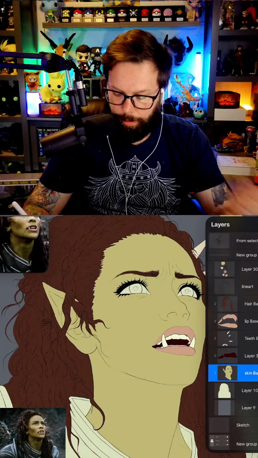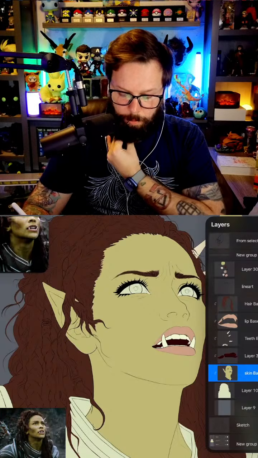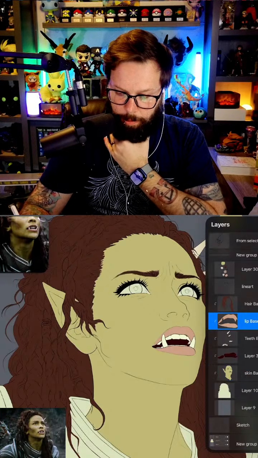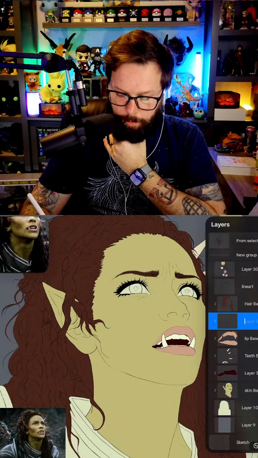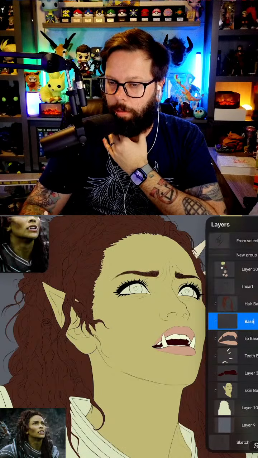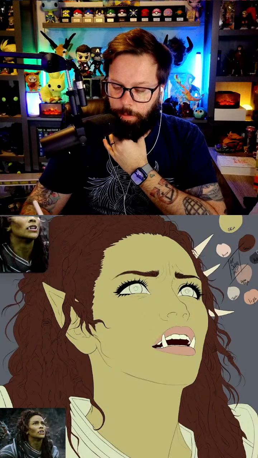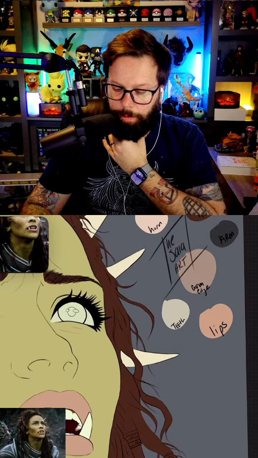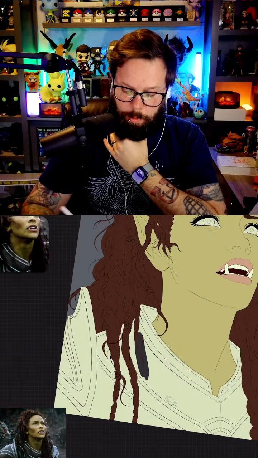Okay, it's gonna be over the skin, over the horns, over the lips, but under the hair. It's gonna be the armor base. Thank you, I appreciate it. Who knows though what they'll want to do. This has got to be